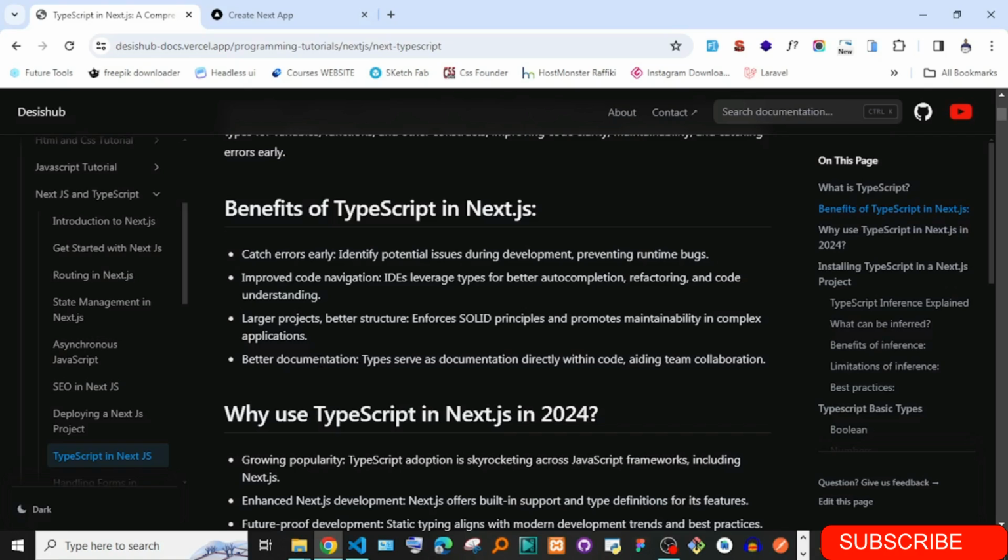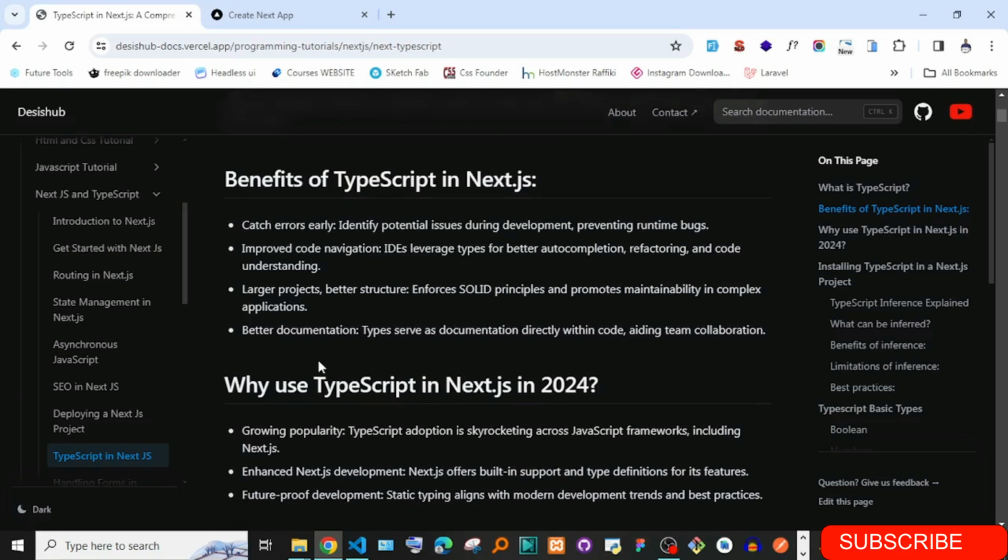You're going to see that most of these code editors like VS Code, they are going to help you in auto completion. You're going to be understanding how nice that one is. Then large projects, you have better structure and you are enforcing solid principles. You can search about the solid principles and understand what they are. Okay, then better documentation. So as you're writing these types, you are documenting your code.